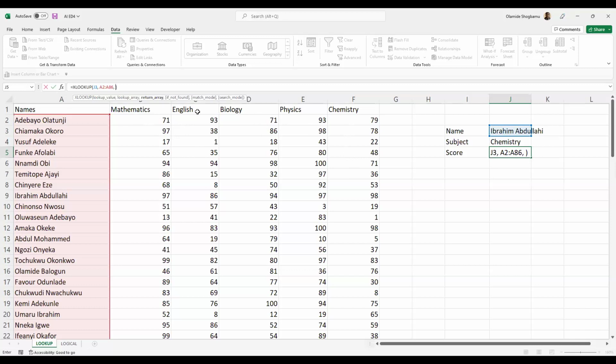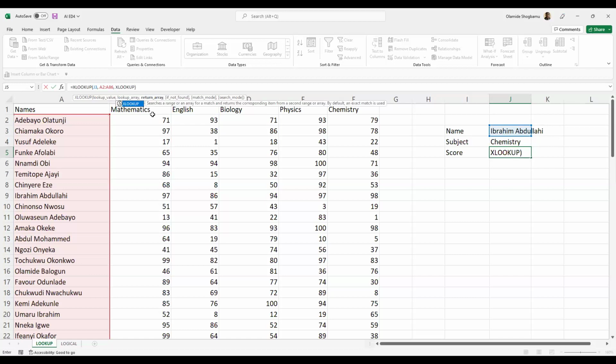So which is going to be another XLOOKUP, because XLOOKUP allows us to write nested, in a nested way. So first, the XLOOKUP. Now, instead of me writing my return array, my return array can see it's highlighted, but I'll not write return array. I'll just write my next XLOOKUP. So I'll just say XLOOKUP again